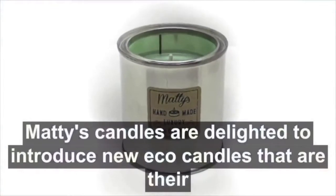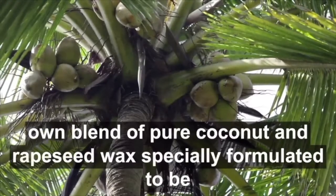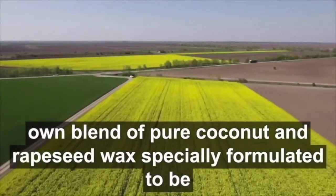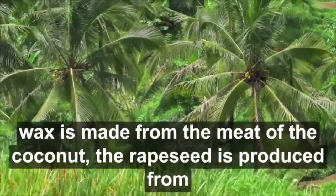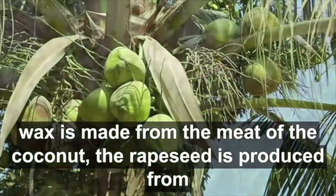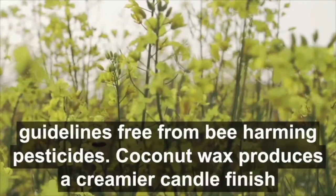Matty's Candles are delighted to introduce their new eco candles that are their own blend of pure coconut and rapeseed wax. Specially formulated to be sustainable, renewable and free from genetic modifications. The coconut wax is made from the meat of the coconut. The rapeseed is produced from the seed of the flower taken from the UK and Europe under strict guidelines, free